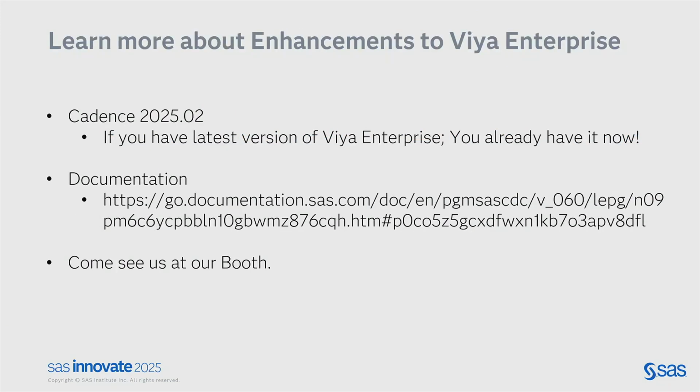And then additionally, I was showing off those enhancements to VIA Enterprise. So how you learn more about that: if you have a Cadence 2025-02, so any of this year's cadences pretty much, you have it right now. It's actually in your cluster right now, so you're able to do it. I put a link to the documentation here. It's kind of a long link, but also if you just Google 2025-02 what's new, you can get to that page. Or you can also come and talk to us at the booth about using those VIA analytics in a VIA Enterprise cluster as well.